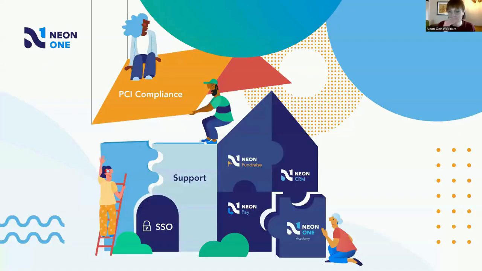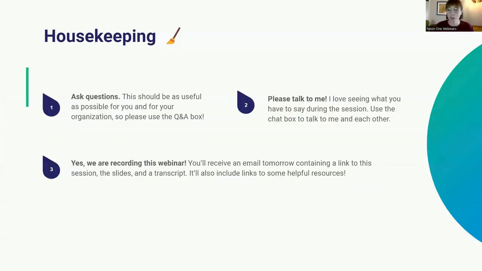I am talking to you from a Neon One team, but I wanted to tell you just a couple of things. So I see some familiar names here. If you're a Neon One user, everything we're going to talk about today is achievable using the tools in your instance. I'll mention a couple of things that you may want to do that reach beyond the Neon One scope. But if you are here and you are not using a Neon One solution, everything we cover today is applicable to you too. Regardless of what systems you're using, everything you learn today applies. And I'm going to share some insights into how you can start pulling the data that I'm going to encourage you to measure.